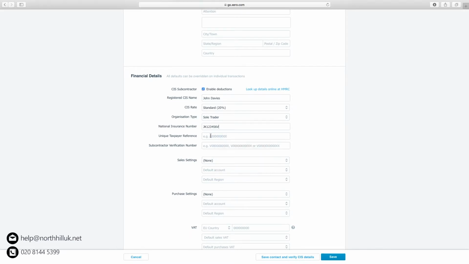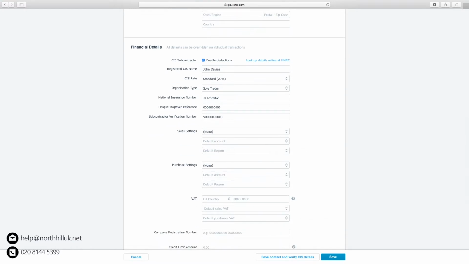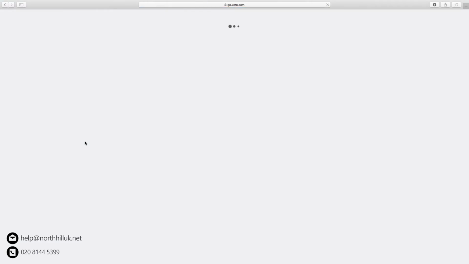It's a little bit fiddly doing it from one sheet to the other. Nearly there. Okay, so at the bottom it's got an option here saying save contact and verify CIS details. So if we just enter those in,